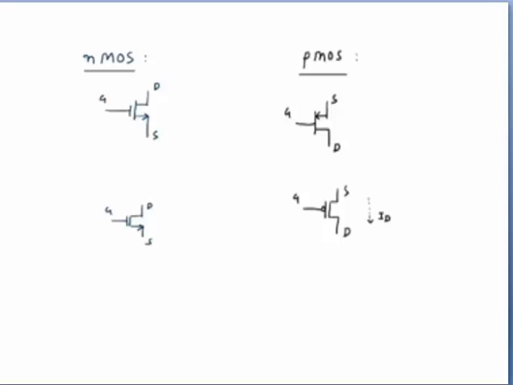This is one of the symbols, where the plate size is not the same, but we have one more type where the plate size is the same. That is the symbol of PMOS, in which the current flows from source to drain. At the input side the voltage is VSG, between source and gate, and the output voltage is between source and drain, and current flows from source to drain. That is a major difference between NMOS and PMOS. The bubble represents the PMOS.